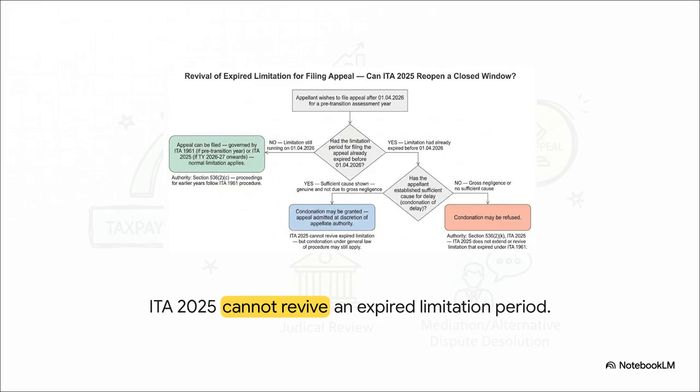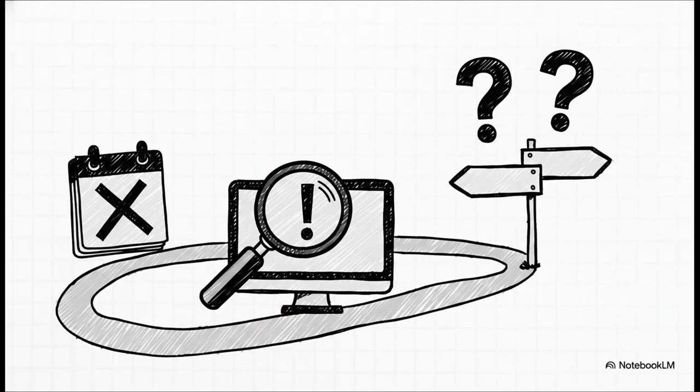Now, sure, you can still apply for a standard condonation of delay if you have sufficient cause, but the new act itself isn't going to automatically grant you a free extension. Let's quickly run through some common slip-ups you'll want to avoid during this transition. First, do not mistakenly apply the 2025 Act provisions or the new forms to old assessment years like AY 2024-25. It just won't work. Second, always respect the 30-day statutory deadline for the first appeal and the 60-day deadline for